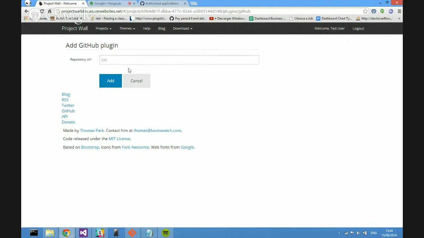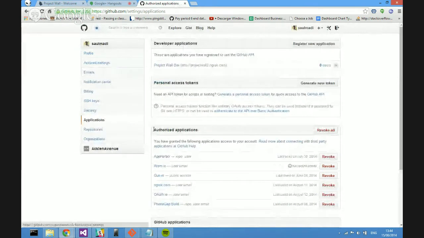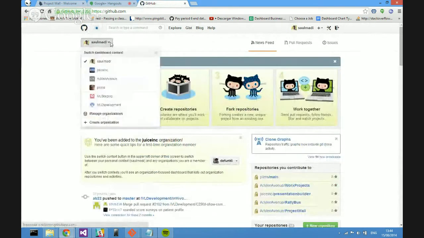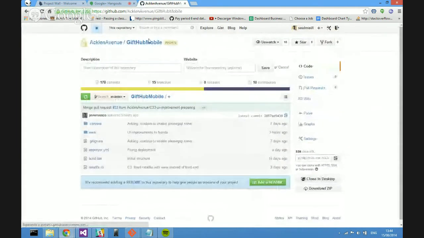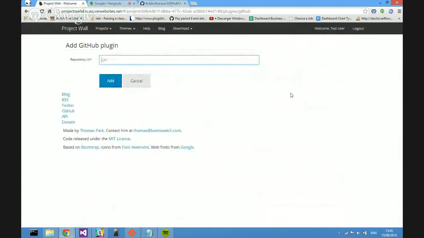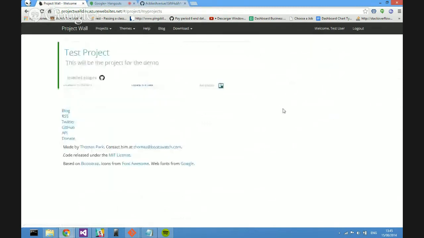So we are going to add a repository for showing the most recent commits of that repo. So I could add a repo of my personal account or an organization account like Ackland Avenues or mine. So we could add Ackland's. I will use GitHub mobile for this demo, and then I will add this. When I click add, it adds the plugin to the installed plugins, and